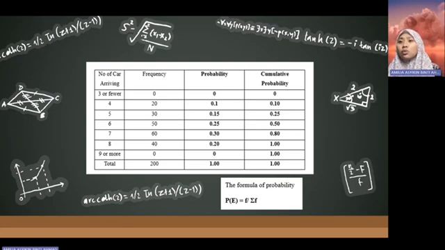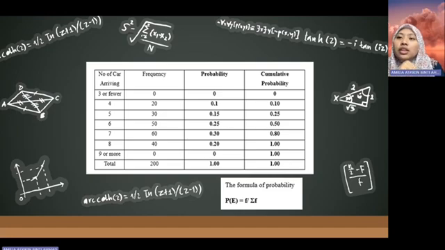So in question 2A, we must set up the probability and cumulative probability distribution for the variable arrival car. In order to find the probability, we will use the formula given below, which is frequency divided by total frequency. After we add all the numbers in the frequency column, we get a total of 200. So to calculate the probability, for example, 0 divided by 200, we will get